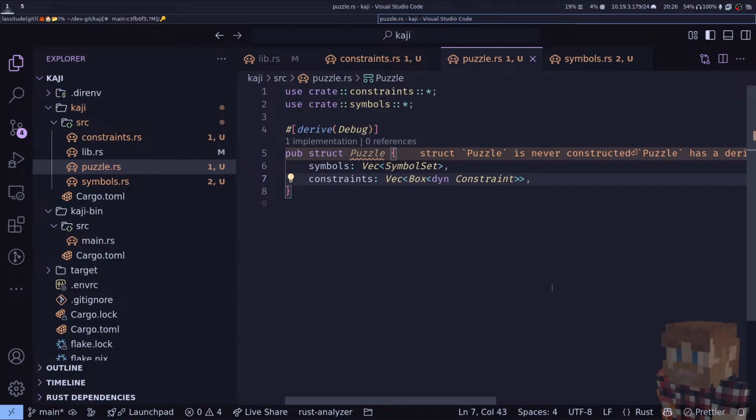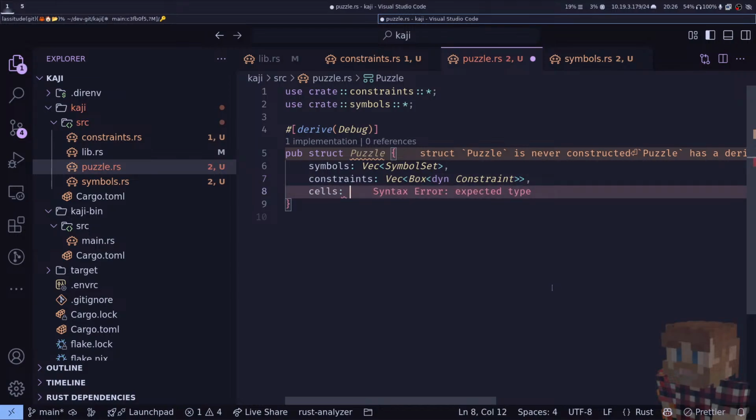This will allow the puzzle to continue. We'll worry about writing code in for constraints later. We need to continue to think about how we're going to build our puzzle. So I've said at the moment that we don't actually know where the cells are. So let's fix that. We're going to need some cells, and they're going to need, well, what are they going